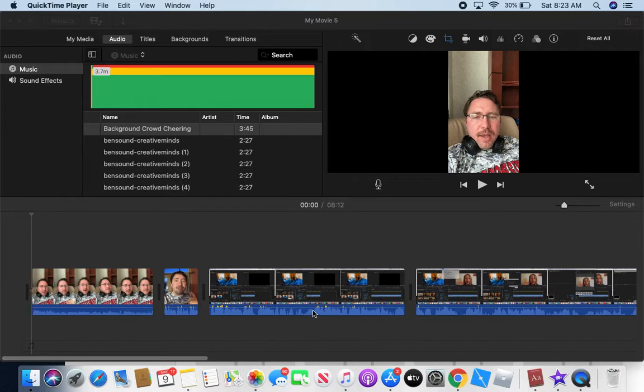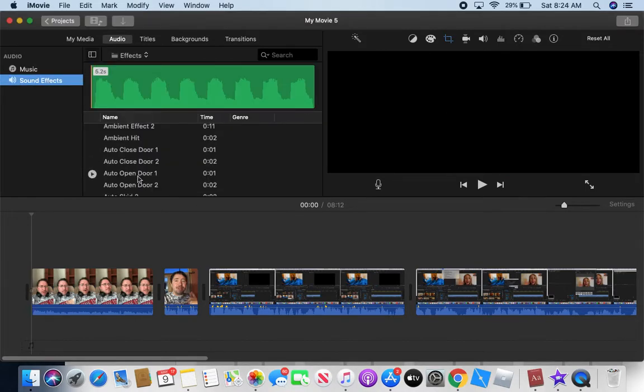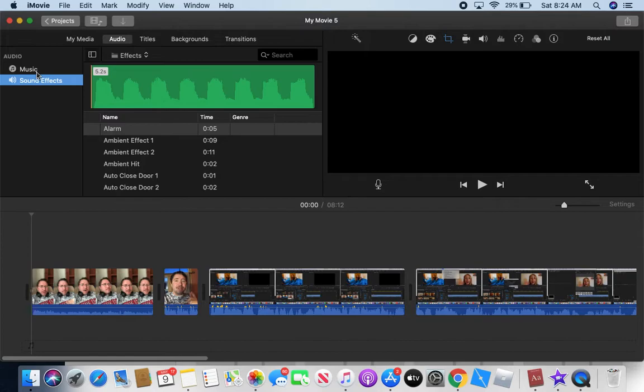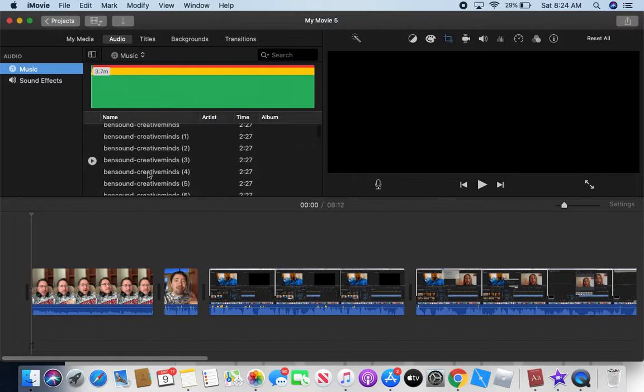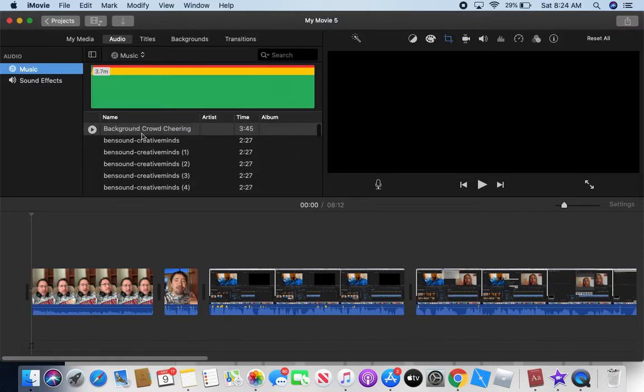Let's get started. This is how easy it is to add music to iMovie. So up here in this window, you click on audio and you'll have sound effects that come free with iMovie. And this is on the Mac version, of course. There's another video in my iMovie tutorial playlist that's in the description that shows you how to do things like this on a phone. Then there's the music, and you grab the song you want,